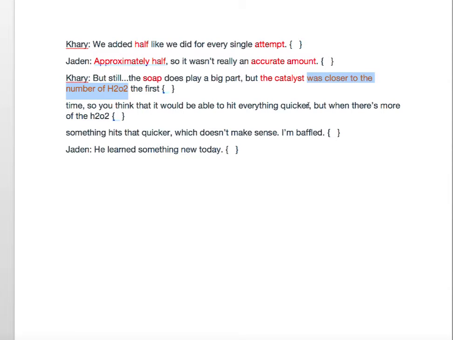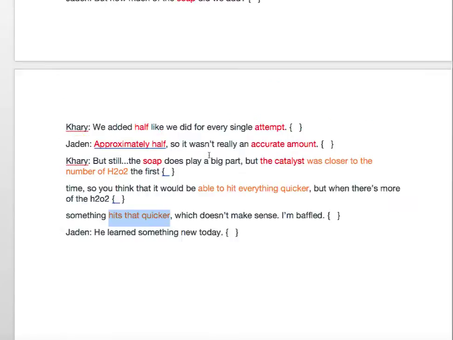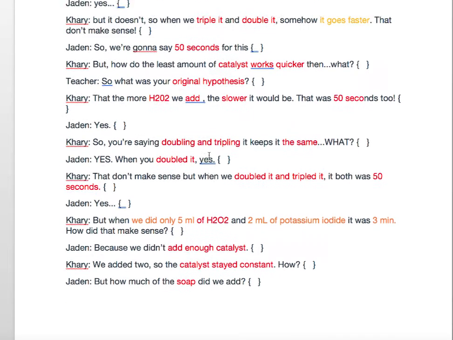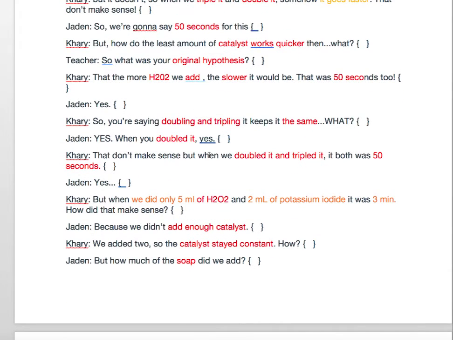I mean, he's referring to some kind of phenomenon here, and in that respect, that reference to a phenomenon could be considered academic language for the topic, but it's all done in kind of a Bixby kind of way. All right. What's the academic way of saying hits that quicker? All right. So, I think there's a steady supply of language for